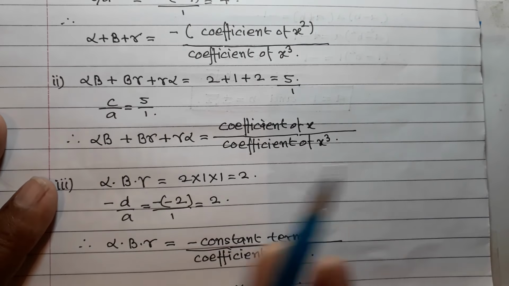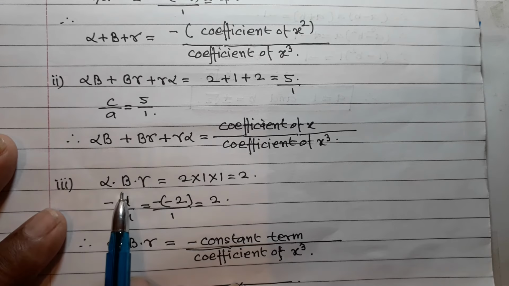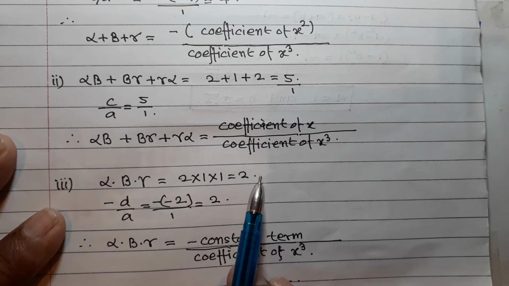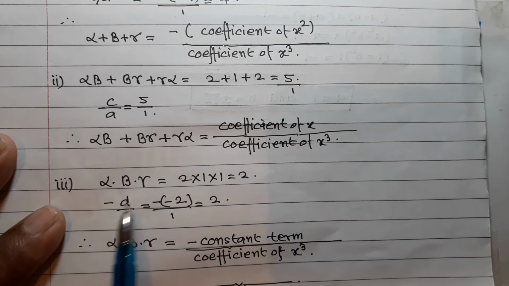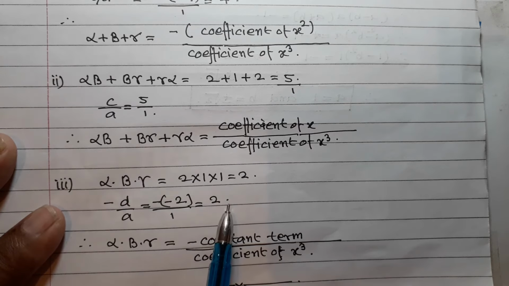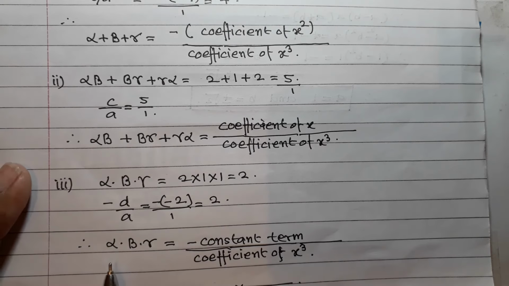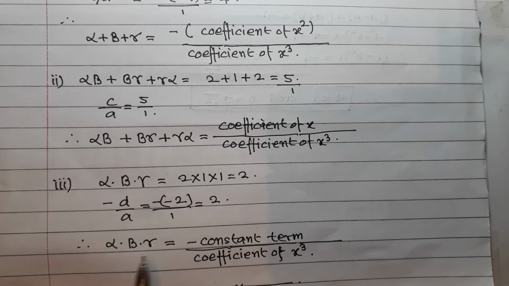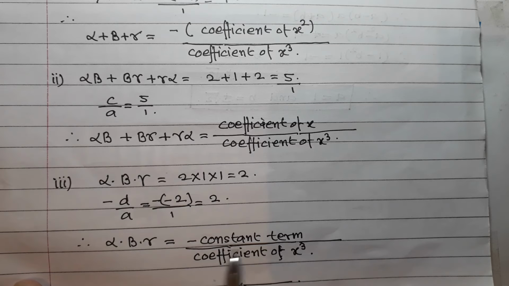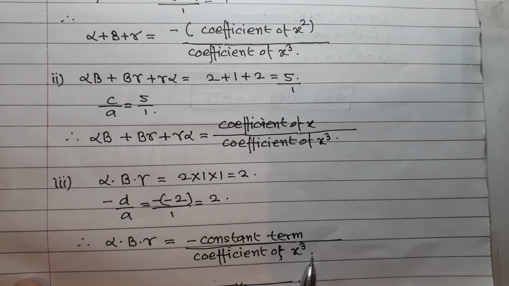And the last verification: alpha into beta into gamma is equal to 2 into 1 into 1, that is equal to 2, and minus d upon a is also equal to 2, minus into bracket minus 2 upon 1 is equal to 2, and therefore alpha into beta into gamma is equal to minus coefficient of constant term upon coefficient of x cube. Okay,